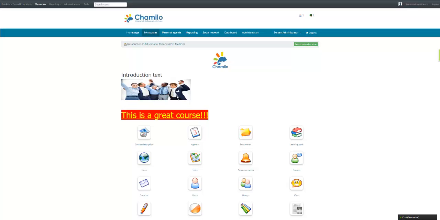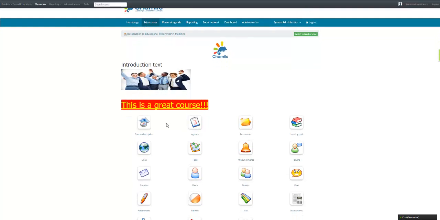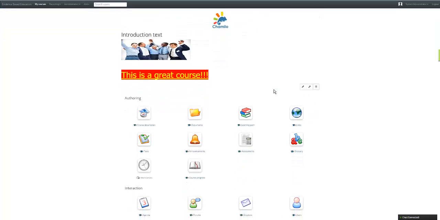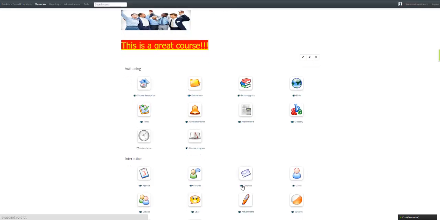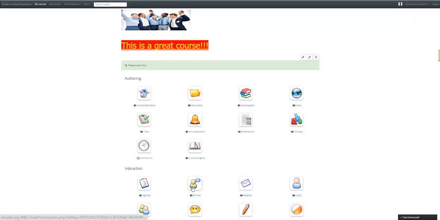So I'm going to basically apply the coherence principle to this introductory page for this course. So this is what the student sees. I'm going to switch to the instructor view. Now at the instructor view, you'll notice how each of the icons for the various tools, say, the Dropbox or the forms, contains an eye. If we click that eye, it will close, and that deactivates these icons. So the instructor still sees them, but the student, when it's on the student view, the student will no longer